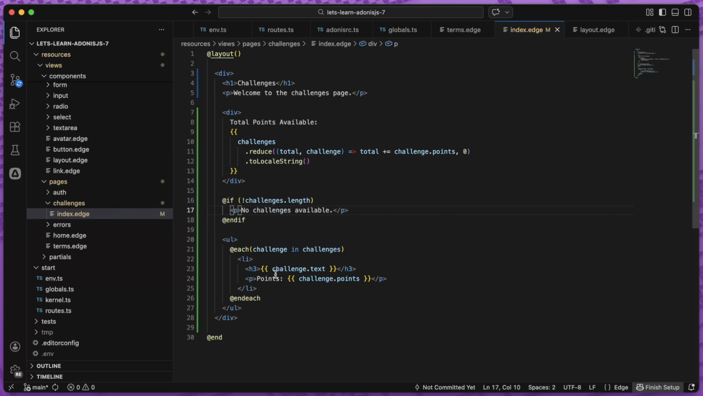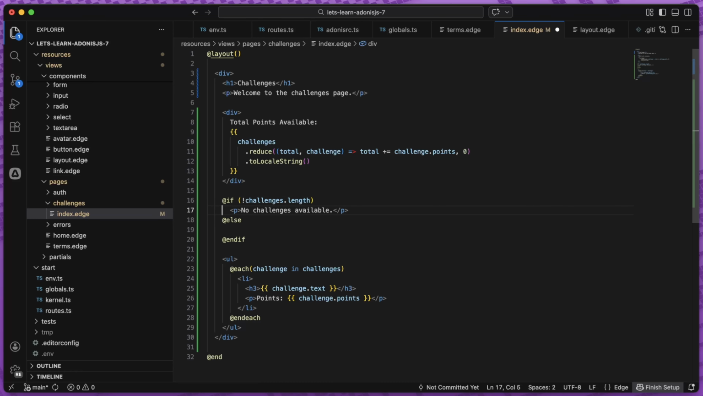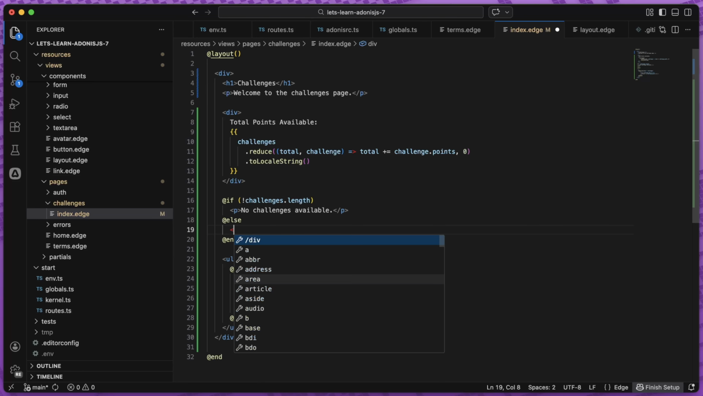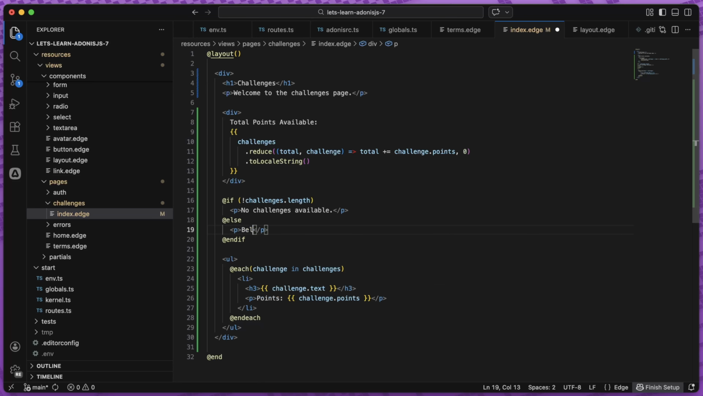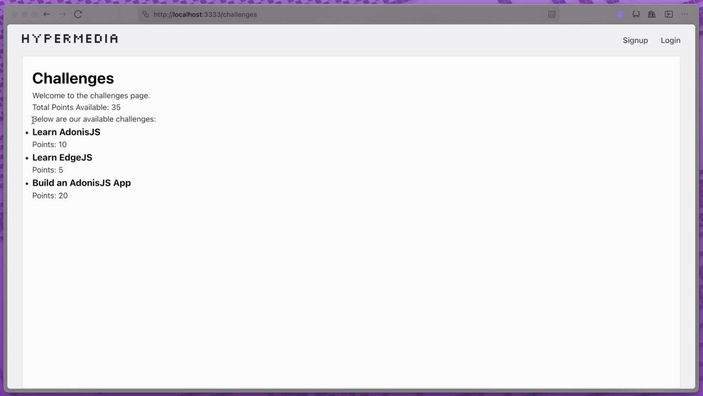So what if we wanted to show something in the event that we do have challenges? For that, we can use the else in between our starting if and its end tag. We can then add a paragraph in here to say below are our available challenges. Give that a save, jump back into our browser, and voila, there is our below are our available challenges paragraph